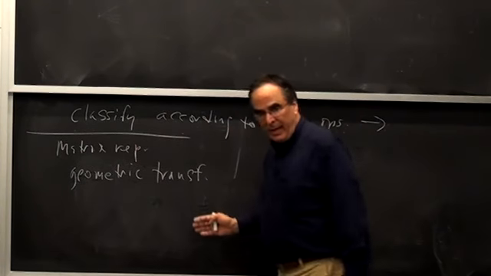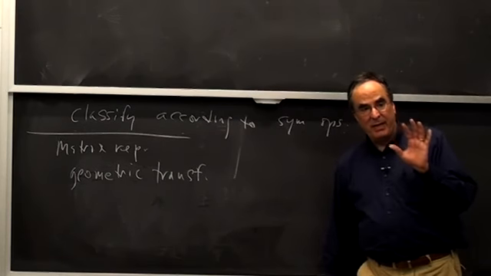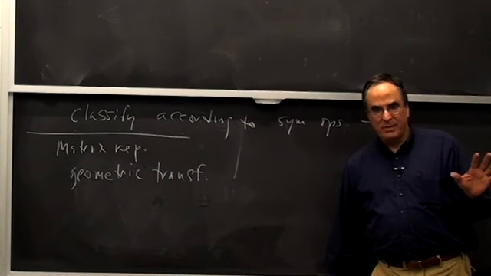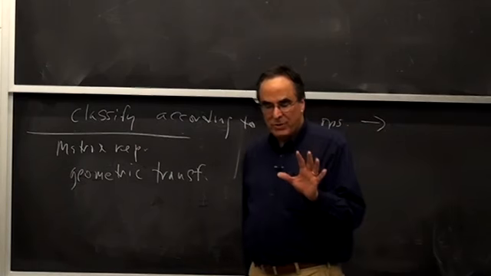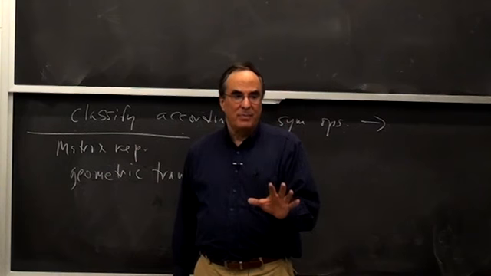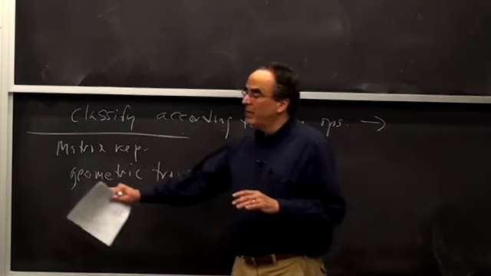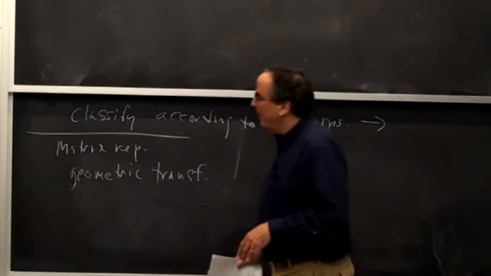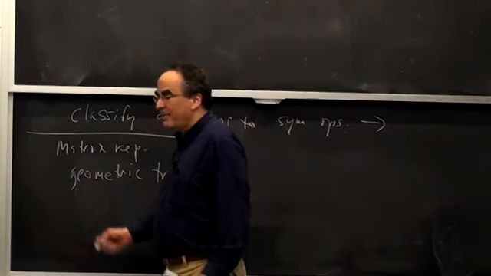So one way of doing that is to label each of the atoms in a molecule by 3 Cartesian coordinates. And then we build matrices that transform the coordinates of the atoms according to how the symmetry operation would move things. And that's the first thing we're going to do. But the nice thing about this is that